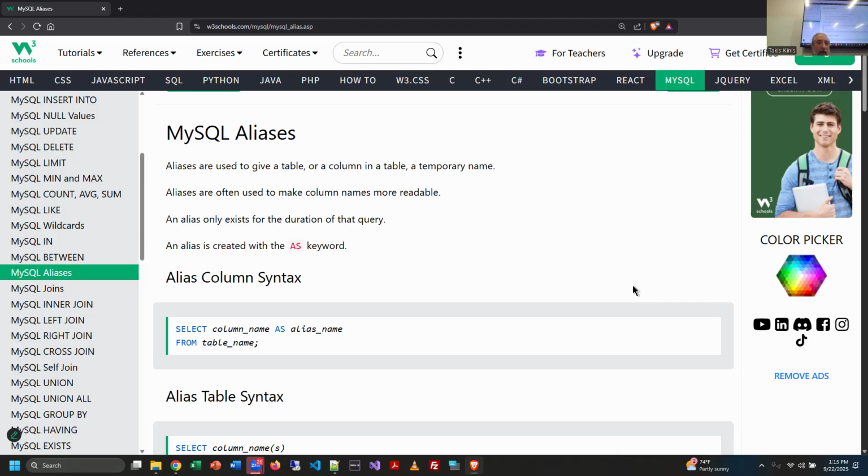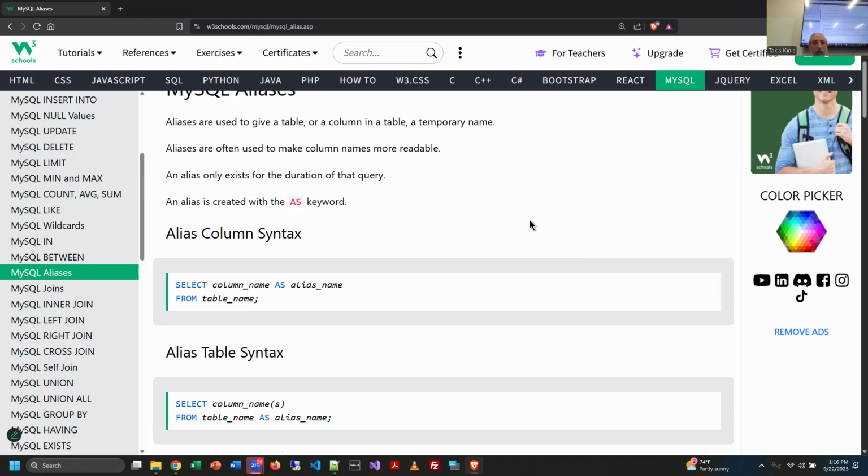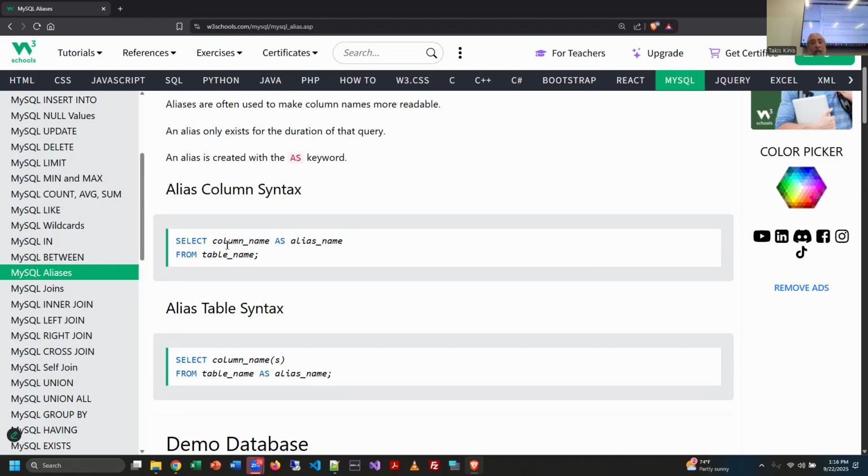An alias is created with the AS keyword. Okay, I'm going to make an addendum here: when you're doing a column name, right? When we do it on tables, there's a different syntax. So let's look at the basic syntax here. You're just going to write a select statement, then you use the keyword AS, and then you declare the